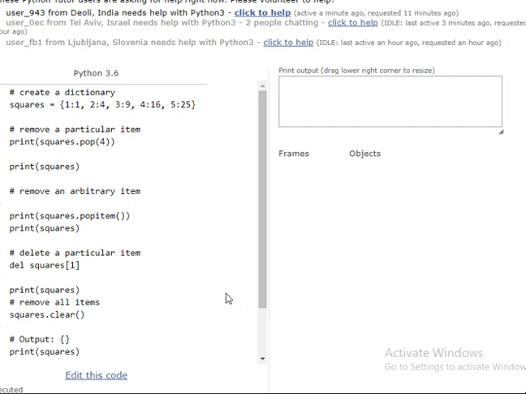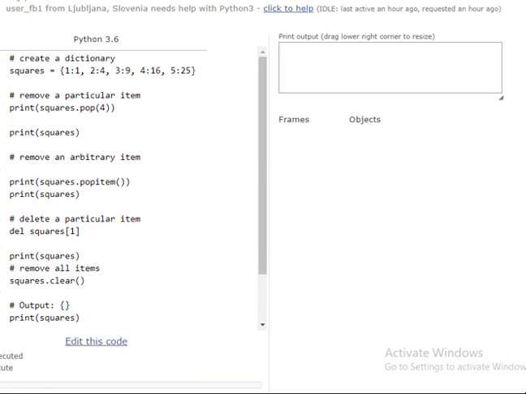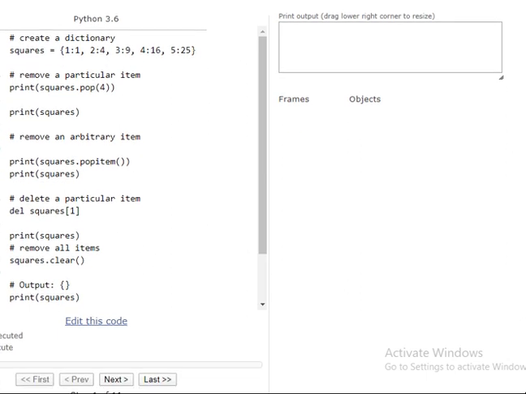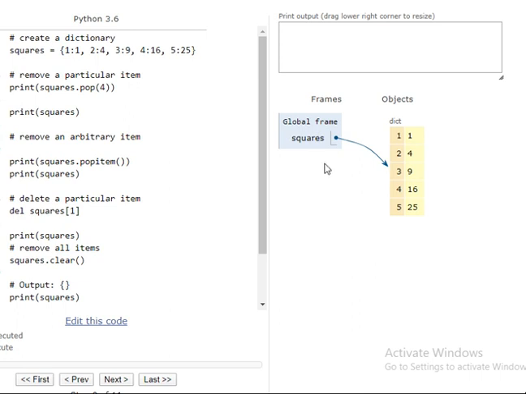Over here we are going to look into how the execution takes place. So here we have created a dictionary by the name squares, wherein we have 1, 2, 3, 4, 5. The square of the number 1 is 1, 2 is 4, 3 is 9, 4 is 16, and 5 is 25.